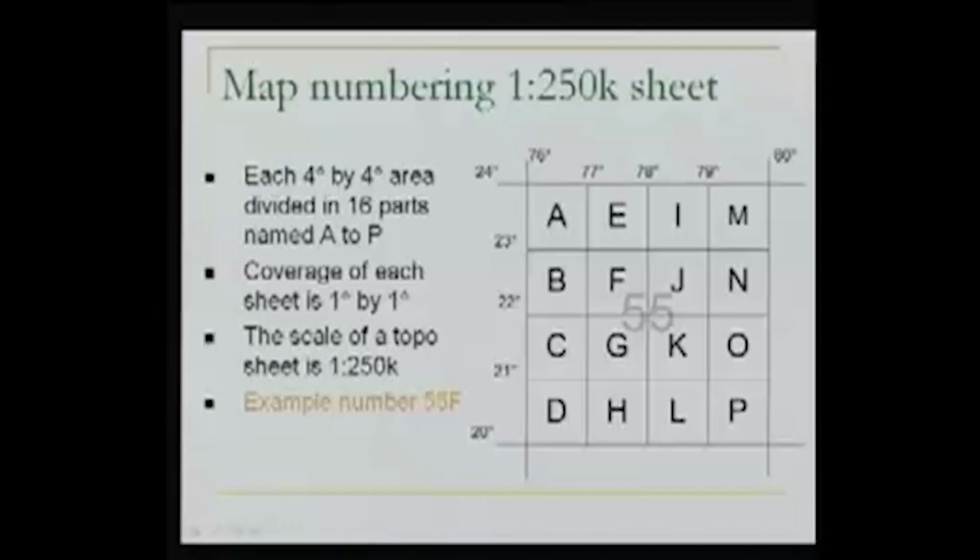So what we have done, this 55, as you can see here, the 55 block, which is 4 degree, starts from 20 to 24 and 76 to 80. This is 4 degree by 4 degree block, and its number is 55. Now what has been done, it has been divided in 16